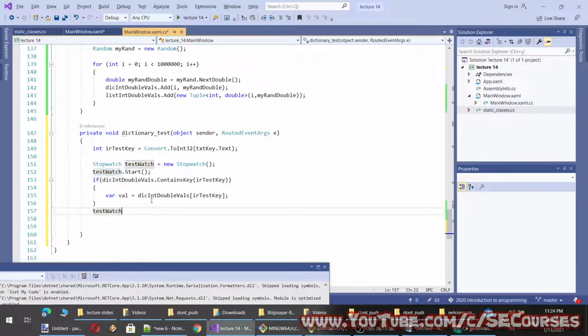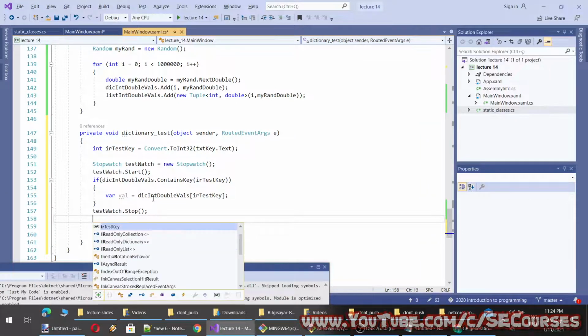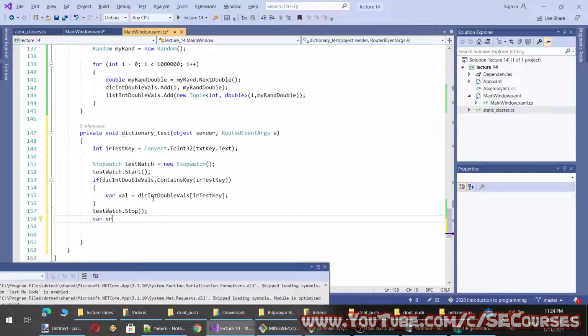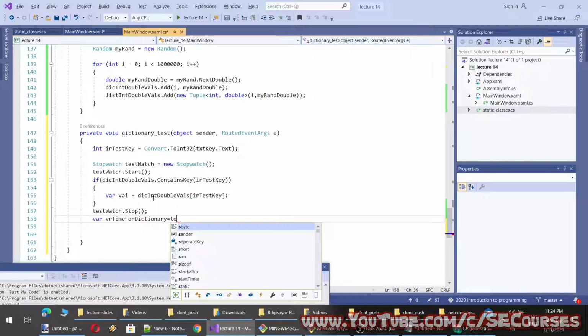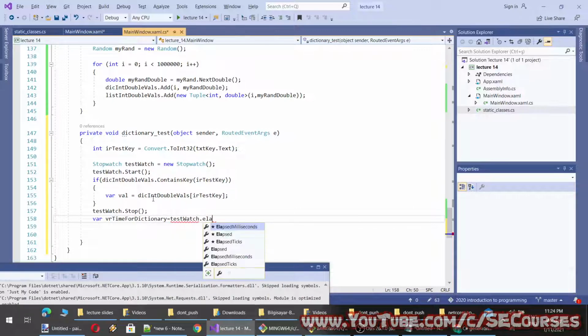And then I will stop the stopwatch. I will get the elapsed time as something like this. Passed time, or let's say time for dictionary equal to test watch dot elapsed milliseconds.